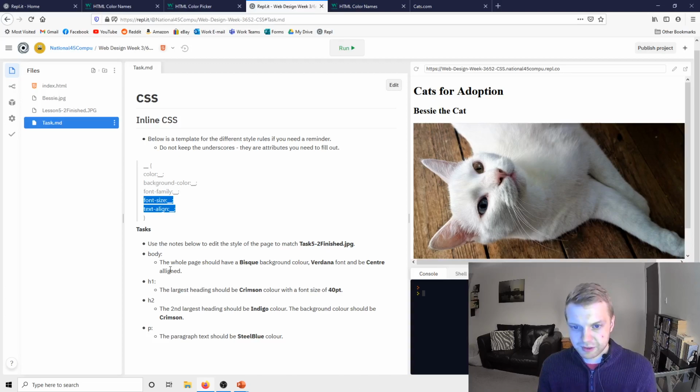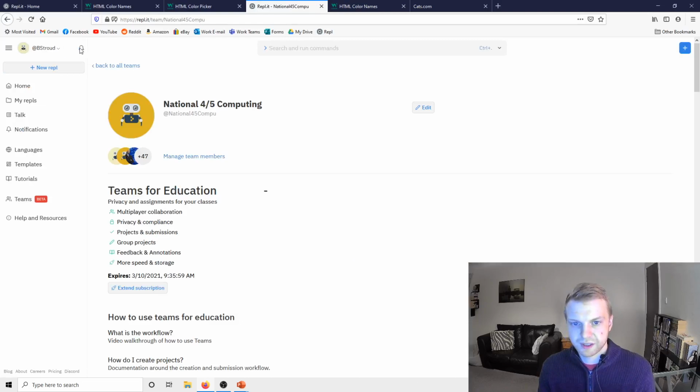And what you've got to do is just follow, so the whole page should have a bisque background color, Verdana font, and be center aligned. So copy and paste this. I'm not going to do it, but copy and paste all that, and then just go background color bisque, font family Verdana, text align center, and then do the same for the other things here. Once you finish that one,